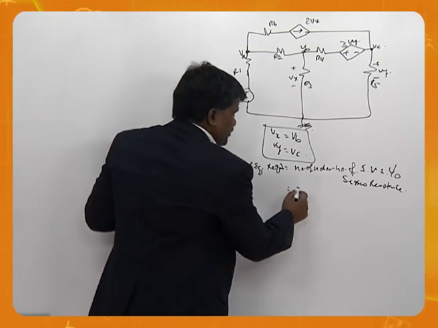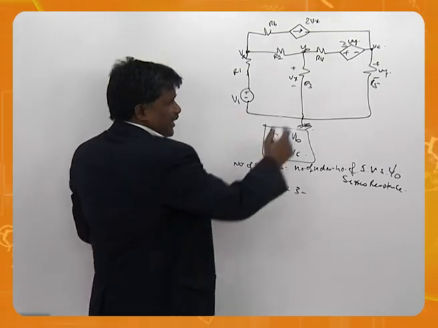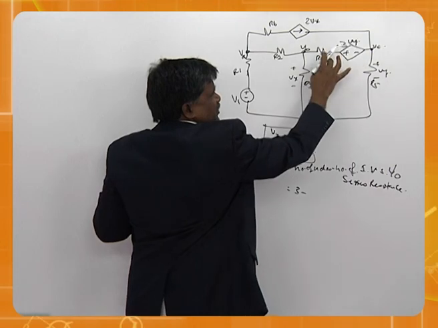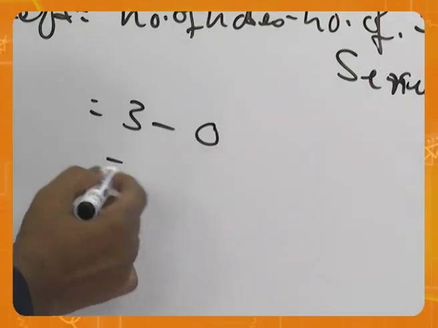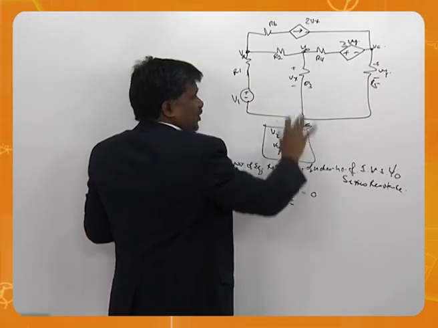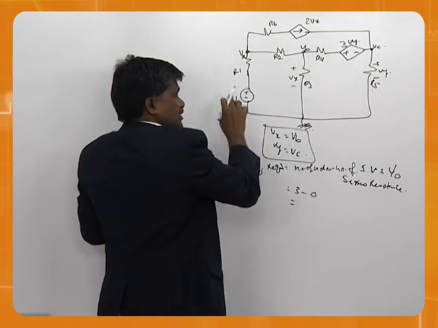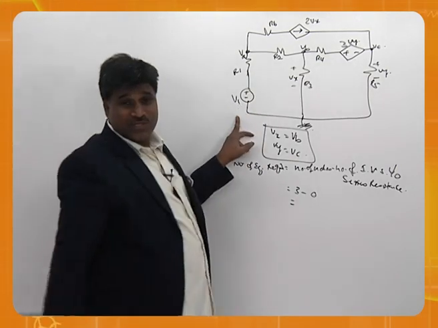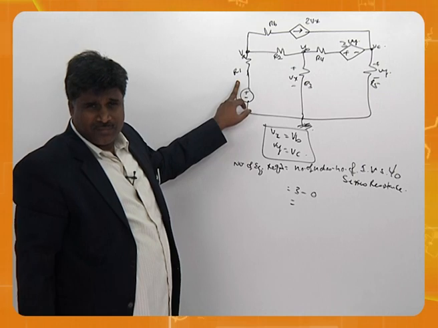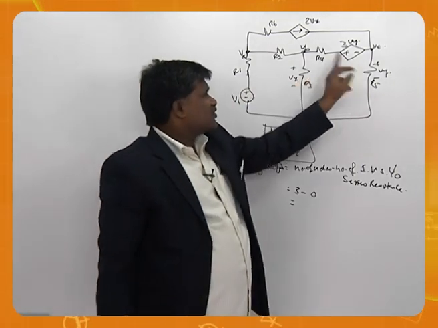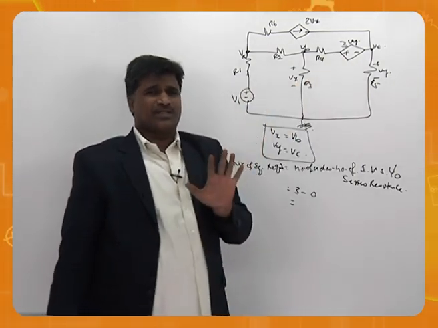Then how many equations are required? Number of nodes available is 3. Number of voltage sources without series resistance, 0. So there is no ideal voltage source. This is not ideal, because a voltage source with series resistance is called practical. A voltage source with series resistance is called practical. Please remember,